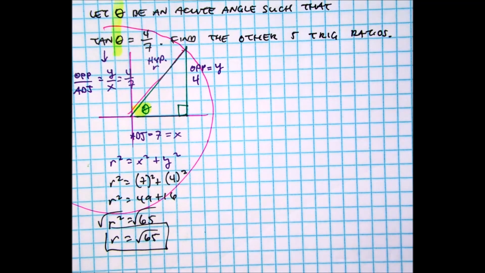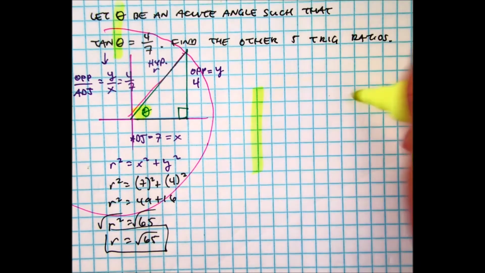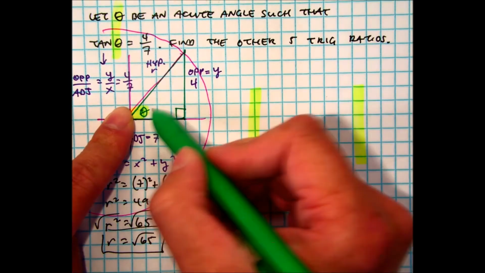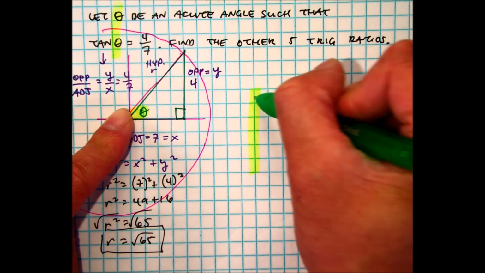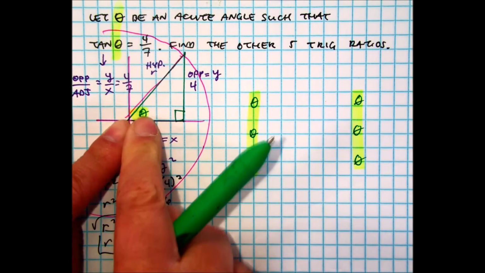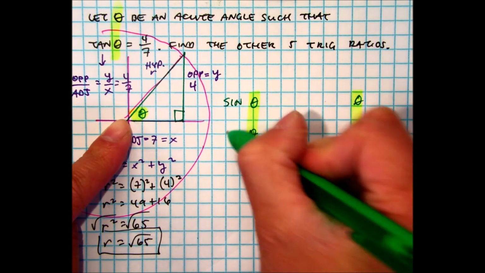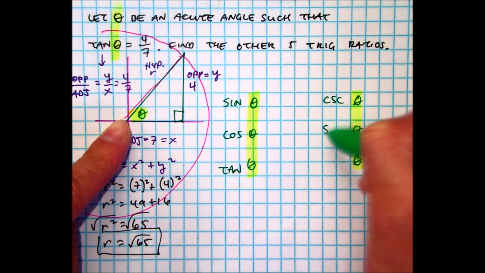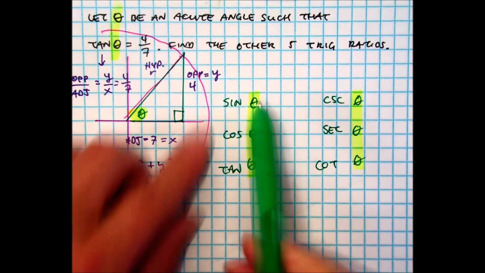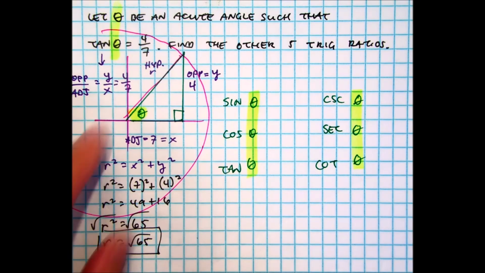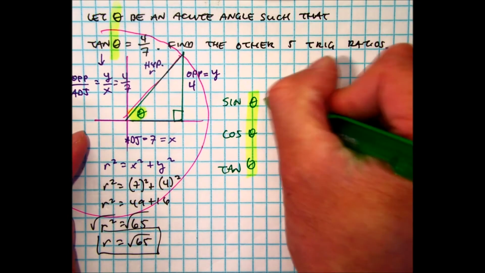And then now I can just go back and write out my 6 trig functions. Now I put that yellow down in highlighter to show that's my starting angle. So I don't have an angle measure, so I'm just going to call that theta. This is my starting point, and now I need to find the 6 trig functions: sine, cosine, tangent, cosecant, secant, and cotangent. Remember, I'm writing these just like this because they have a relationship. They are reciprocal identities. So sine of theta is my opposite over the hypotenuse,